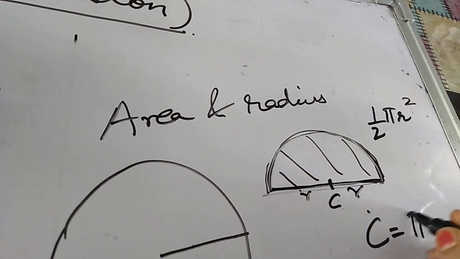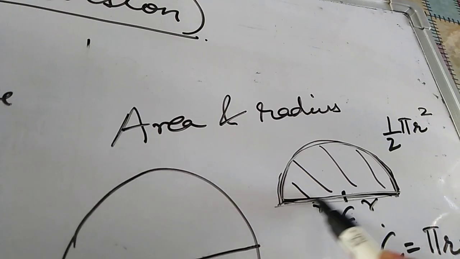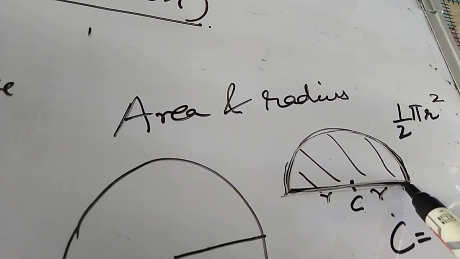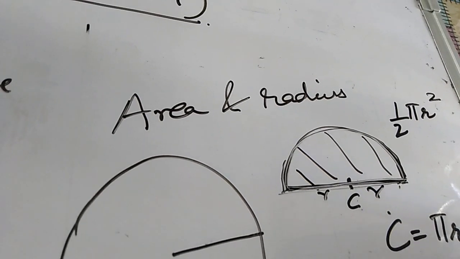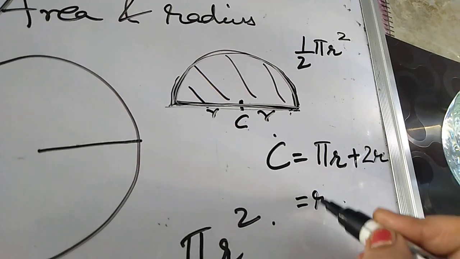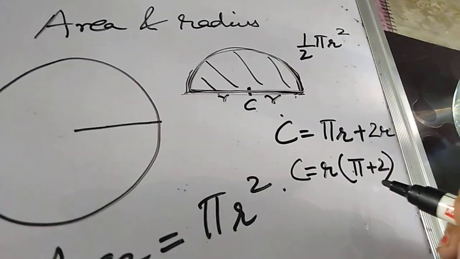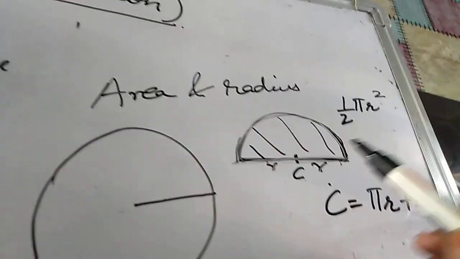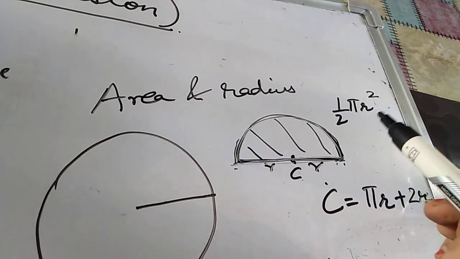2 pi r. But when it is a half circle, that curved length is 2 pi r divided by 2, half of that, which is pi r, plus this length is also included, because when you are putting a fence, when you are finding the perimeter, now we call it a perimeter, this straight line is also being counted. So plus 2r. Clear? If you take this r common, or if you don't take, it is also not a problem. So the circumference of a semicircle, don't learn this formula, learn the concepts, children,